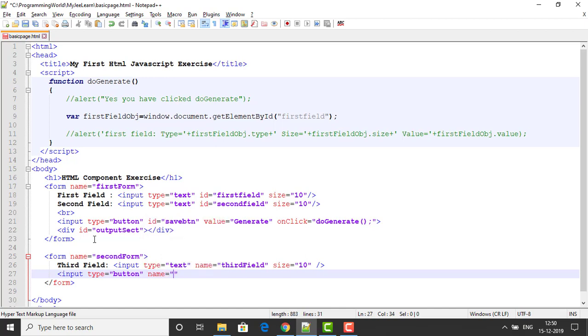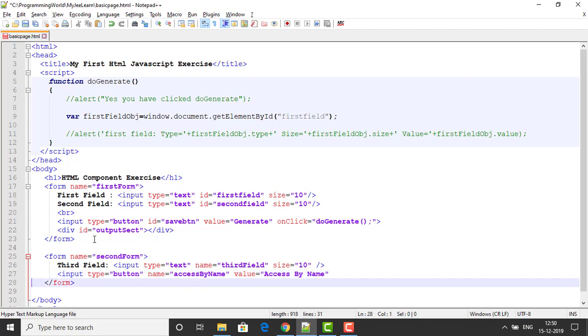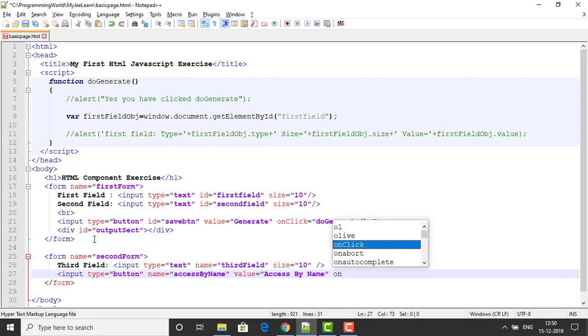Button name is access by name, and then the value, let's say the value is access by name, and the name is access by name, and the value is like this, and then